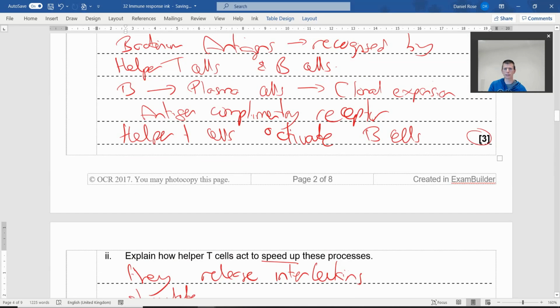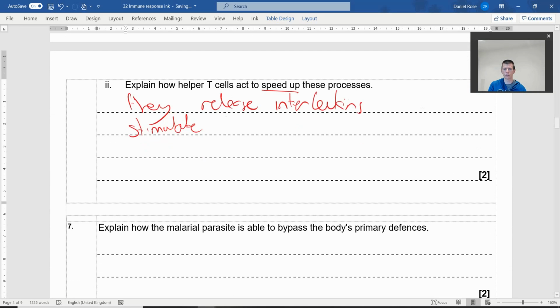So when it says these processes, what does it mean? Well, it stimulates B cells, really, isn't it? Is that enough? What do they stimulate B cells to do? To multiply. And it's really important because when you look at the mark schemes, and I'm going to jump to the mark scheme